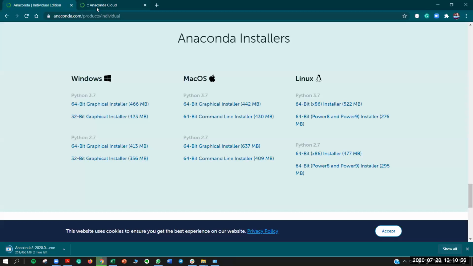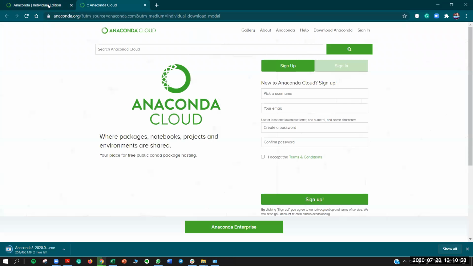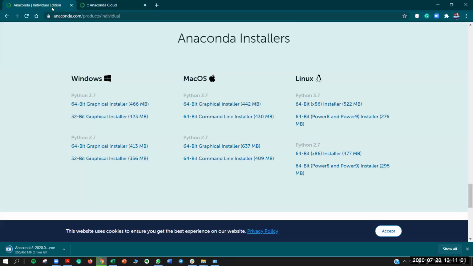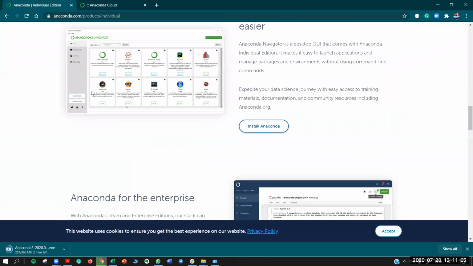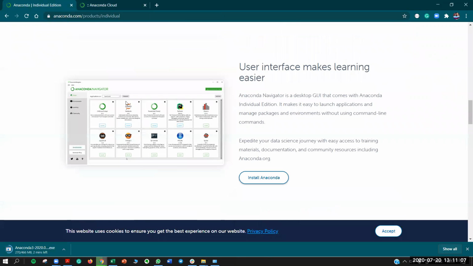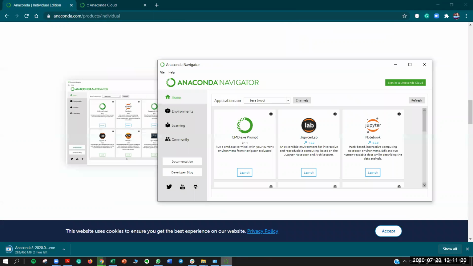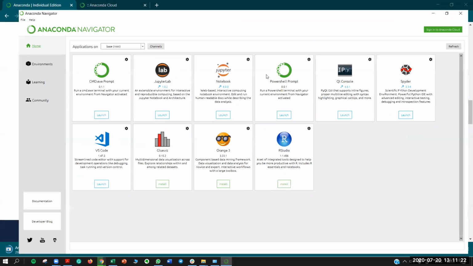So Anaconda is basically a framework, or you can say an integrated development environment, which would look like this once you open the Anaconda Navigator. So it will help you to write Python code, R programming in various different editors. Okay. So in most of the workshops on Python, see, this is how it looks like.